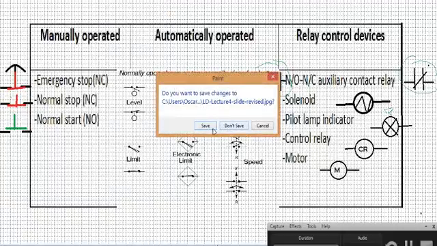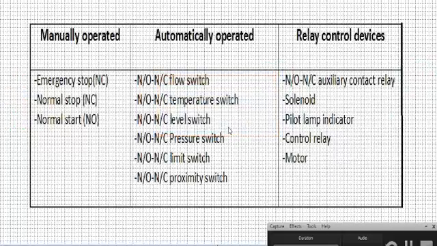what we studied so far. Normally operated switches, emergency, normally closed, stop, normally closed, normal start, and then the various normally open, normally closed flow switches to control the flow of a liquid, temperature to monitor temperatures, level to control the level of liquids, pressure to monitor the pressure, limit switch for something